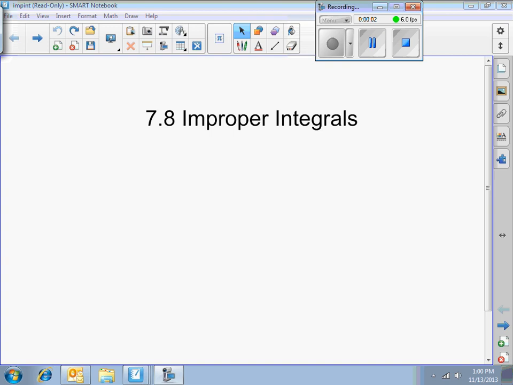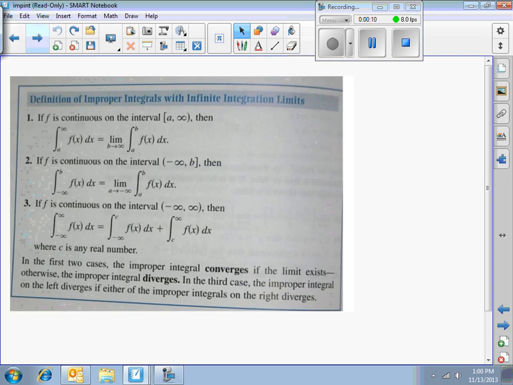All right, today we're going to look at section 7.8, improper integrals. What is an improper integral? Well, if you look at the beginning of the section, you'll see a rundown of what they're calling improper. One is if it's going from a to infinity. Another one could be from negative infinity to b, or it can actually be open-ended on both sides, from negative